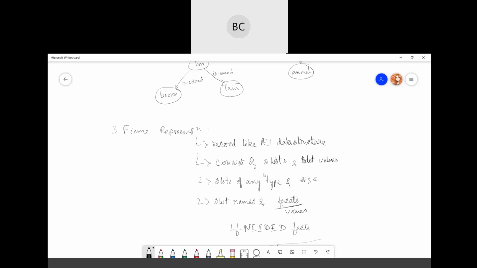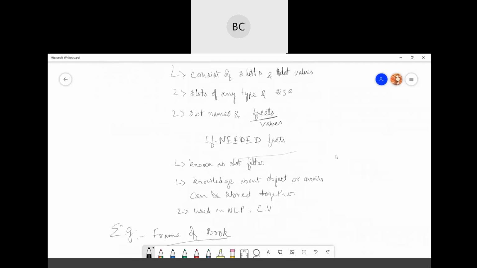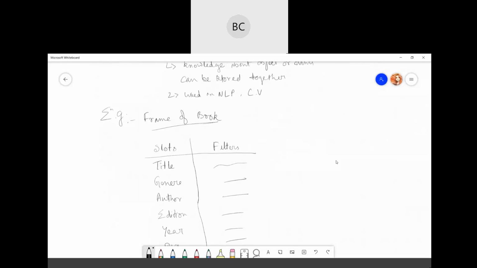Both are correct. Frames you can represent in terms of tables. You can say your slots are the entities and the fillers are the attributes, just like we do in our database management system.